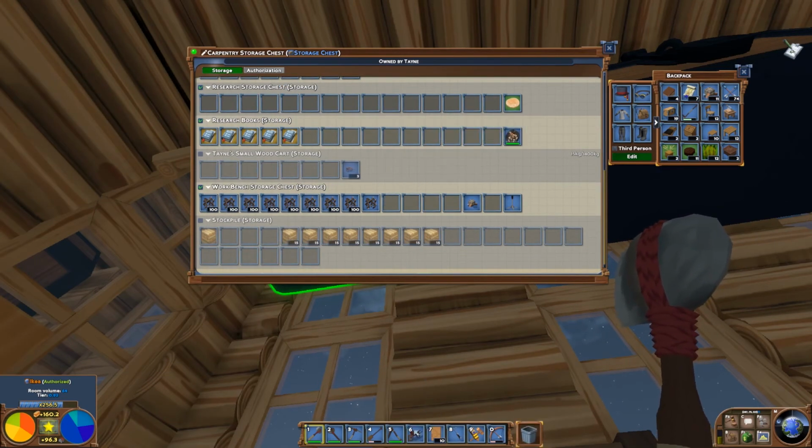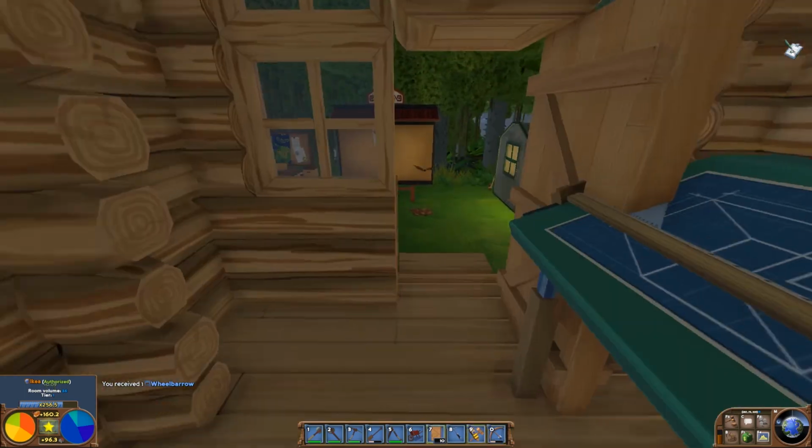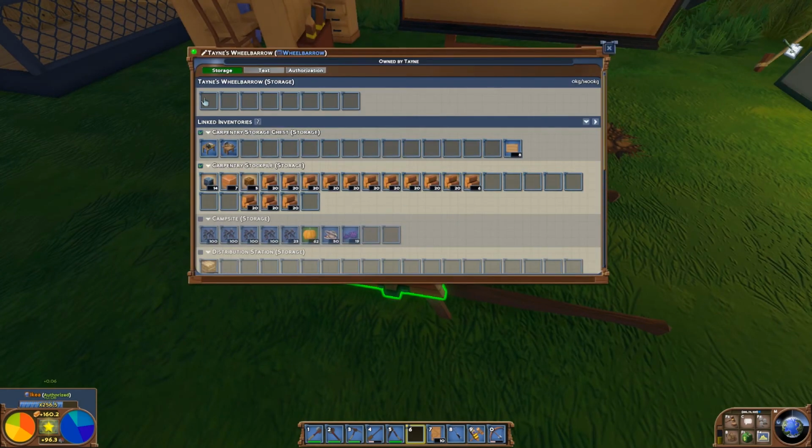Oh, you know what? I did make a wheelbarrow. I said before I wanted to test that out. I wanted to see the difference between a wheelbarrow and a small wood cart. Let's do that real quick. Last time I used a wheelbarrow, I hated it. Alright, so it's got 1, 2, 3, 4, 5, 6, 7, 8